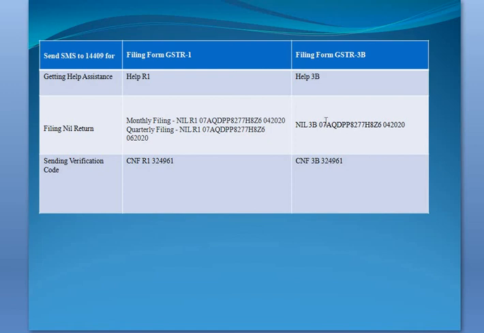Once you have sent this message, you'll get a verification code. The next step is that you type CNF space R1 for GSTR1, or 3B for filing GSTR 3B, and enter the code which you have received. Once you send this message to the same number 14409, your return has been filed for that period.